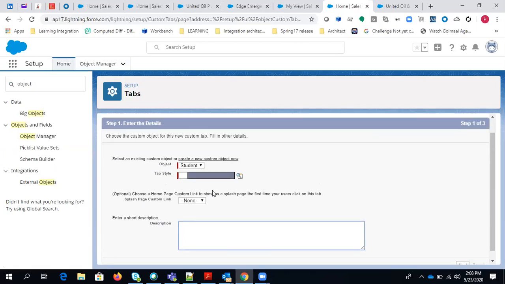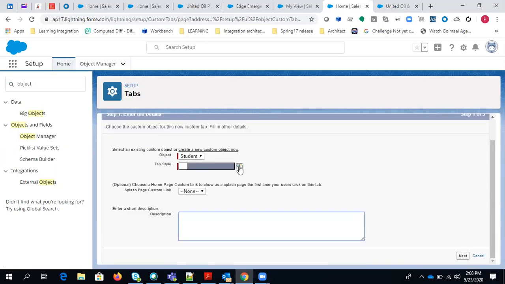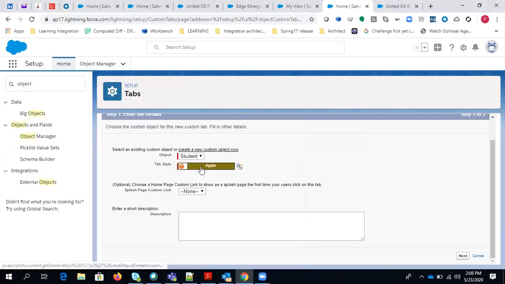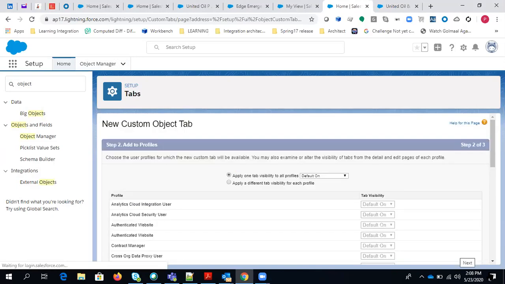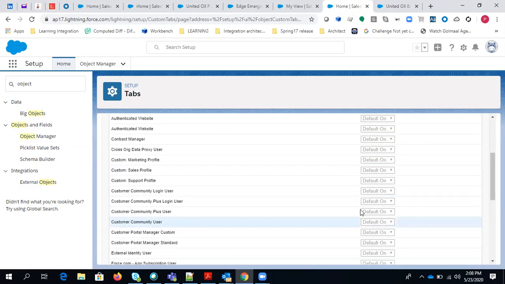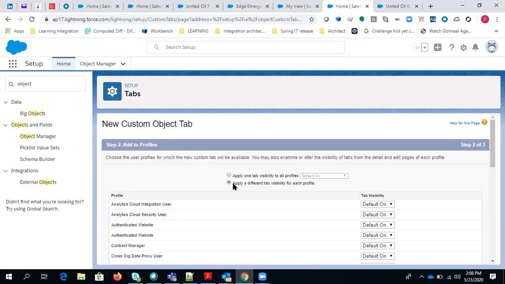Like we did in the classic, the process remains the same. You can select any style sheet you want. Let's say I'm selecting Apple. Next. Default on. I'm making it default on for each and every profile. If you want, you can change it by clicking on this. You are aware.